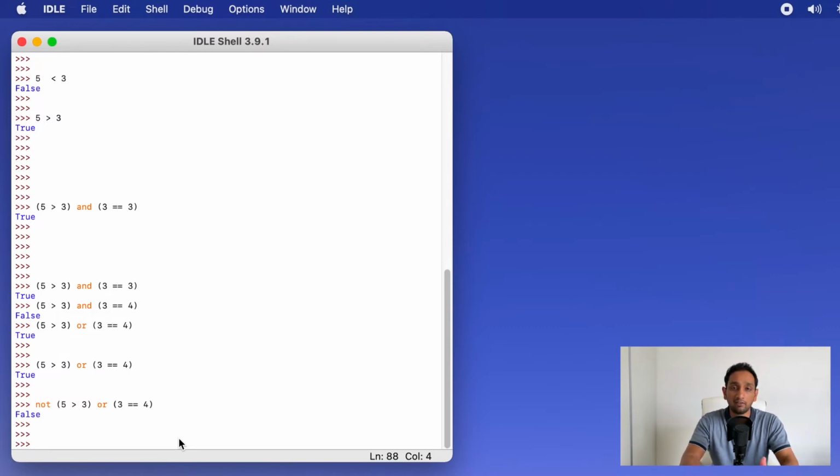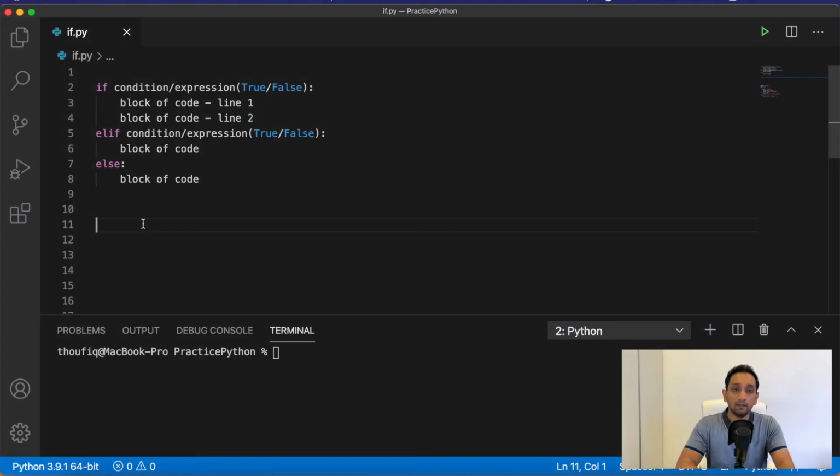Now with all this basic understanding of what Boolean operators, Boolean values, and comparison operators are, I think we are pretty good to get started with writing if statements. Now let's talk about the if statement. The if statement is the most commonly used flow control statement in Python. We generally use the if statement to execute one piece of code over the other based on certain